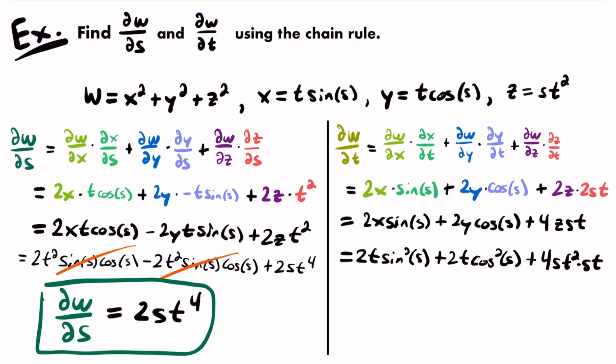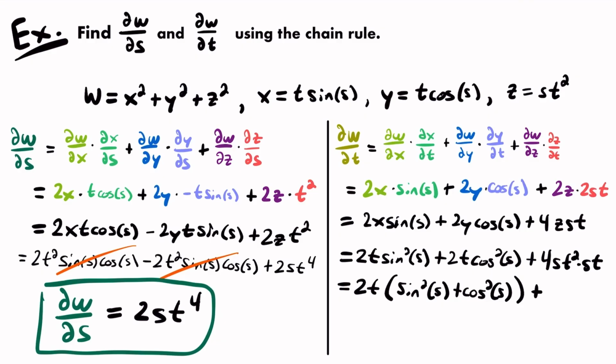But over here, something that's really cool that maybe you noticed, maybe not, but if you didn't, you're going to see it now. If you pull out a common factor of 2t from these two terms, look what you're left with: 2t times sine squared s plus cosine squared s. That right there, we know is equal to 1 from the Pythagorean identity for sine and cosine. So that whole thing is just 1 times 2t, which is 2t,